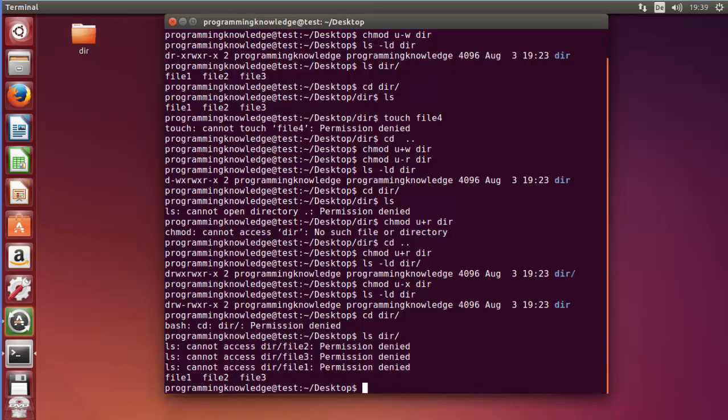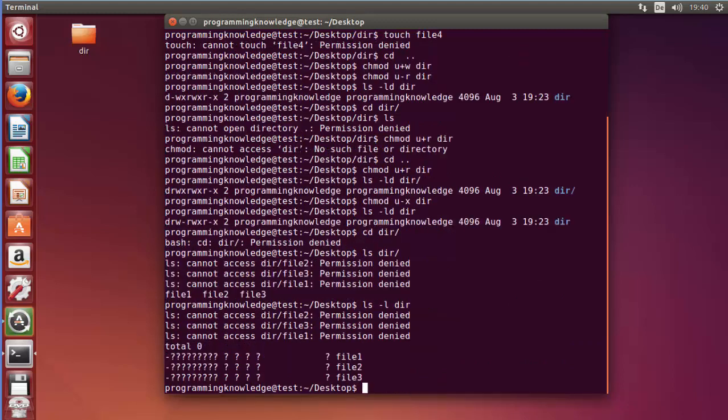For example, I will do ls -l, long listing of the directory, and you can see everywhere it shows question marks. It shows the names of the files, but it's not showing the permissions, because you don't have the permission to see even the permissions of the files inside this directory, since we have taken the execute permission from this directory.